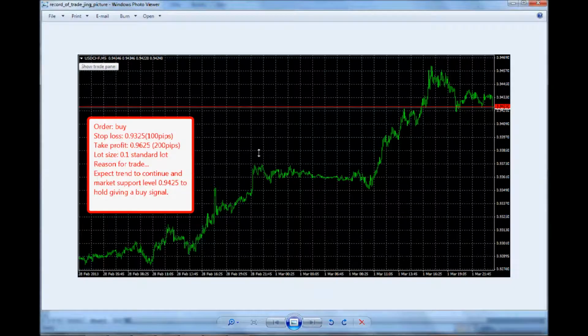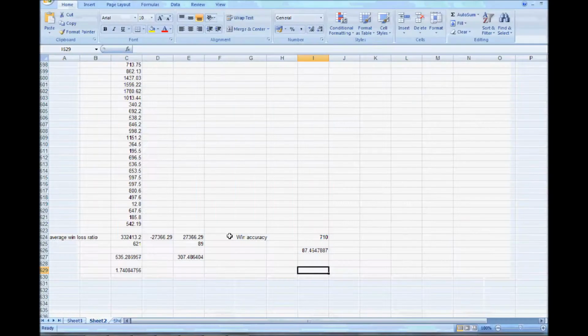Now the reason why we've recorded it is so we can basically have a record of how we trade, and then we can go back in the future and have a look at how our trades and all our decision making, and we can become better traders from it. Also what we can do is use this information to create our results,